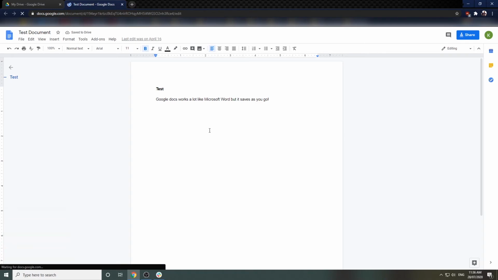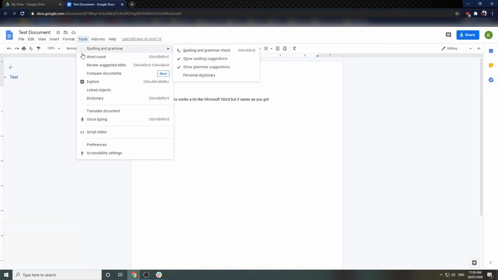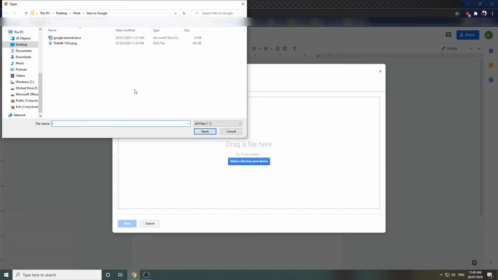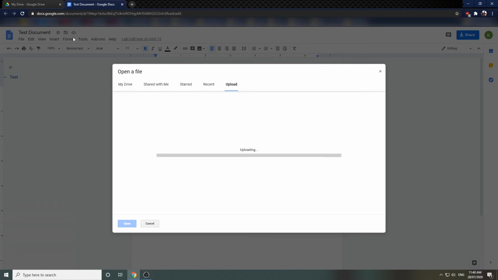Google Docs is a lot like Microsoft Word. It allows you to create simple but professional-looking documents, such as a resume or a letter. You can format the text by bolding or underlining, adjust the font type, size, and color, and align the words how you want it. It also has spell check and a word counter, which you can find under the Tools menu. Google Docs can also open and edit Microsoft Word documents, but sometimes the document won't look quite right transferring between the two programs.